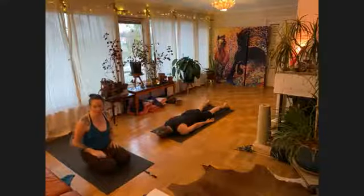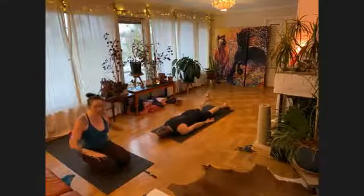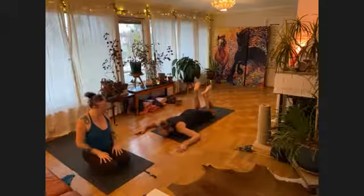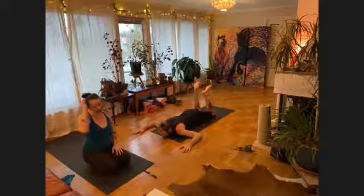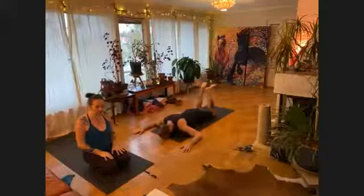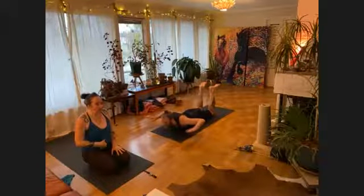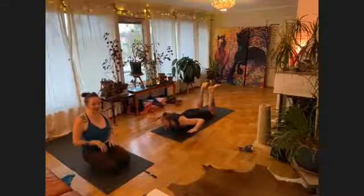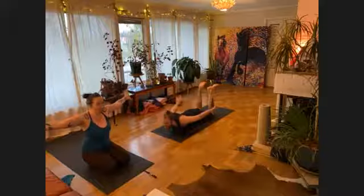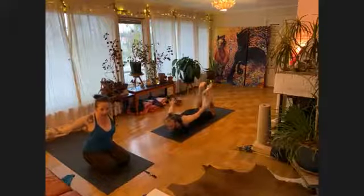All right, we're going to set up the same way. Bend your knees. Bring your arms to cactus. And then inhale, lift up. Exhale, feel your belly pulling towards your spine. Lift up a little higher. And this time, reach your arms out with palms facing forward and see if you can keep that alignment and